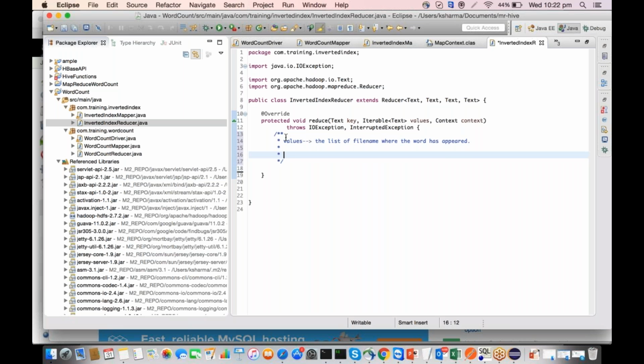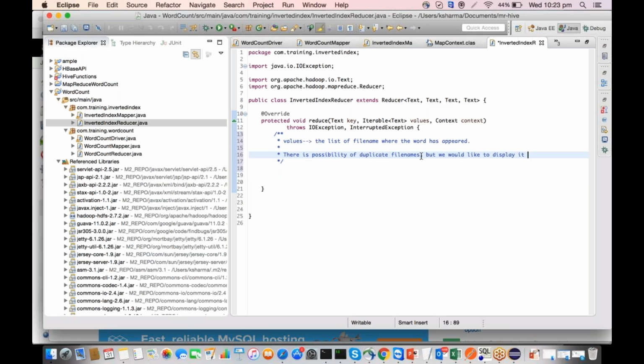And there is a possibility of duplicate file names as well. There's a 100% possibility of duplicate file names, because a word can appear in multiple files. The word Aaron can appear in, for example, I'm going to run this on my Shakespeare data. So the word A or Aaron or a common word can appear a lot of times in the same file, right? So that's why I've written duplicate file names, but we would like to display